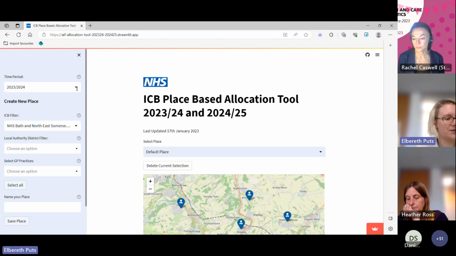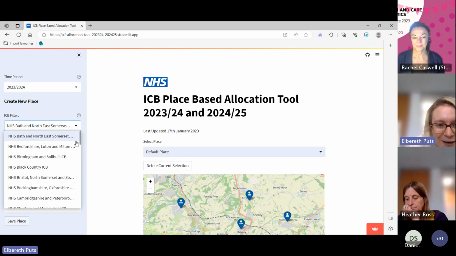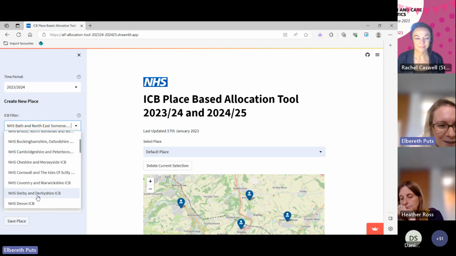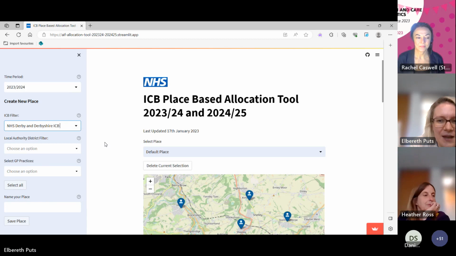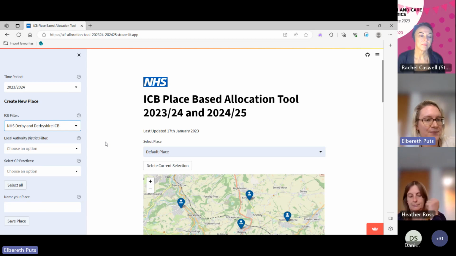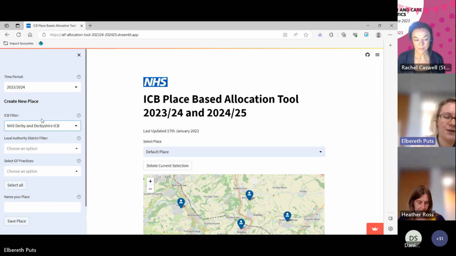So to use it, first you would select a time period that's covered by this tool. This tool covers 2 time periods, 23-24 and 24-25. I think for the demo it doesn't really matter, but just to be aware of. And then you select the ICB that you're interested in. And I've had a peek at some area that's covered by you guys, and I've decided on Derby and Derbyshire. And what I'll do is I'll create 2 places here so that we can also compare them. So